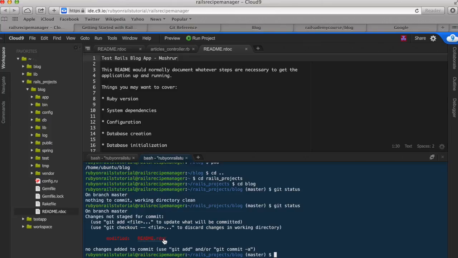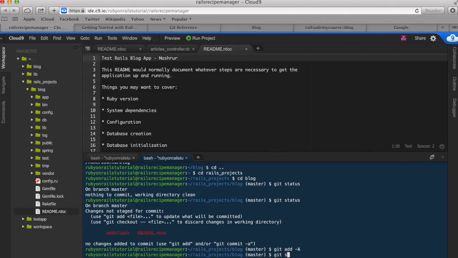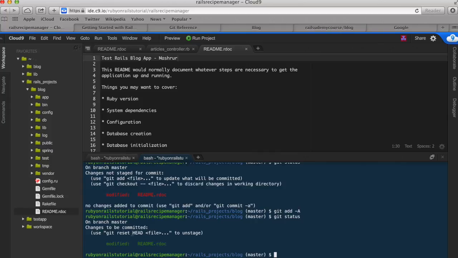It says modified readme.rdoc. So it's basically tracking all the files in the application since it came with a Git repository already initialized. Okay, so how are we going to accept this update? We do that by adding it. So git add -a. You can also do git add dot, but I'm going to do git space add space -a and hit return. Now if I type in git status again, okay, now it says the changes are ready